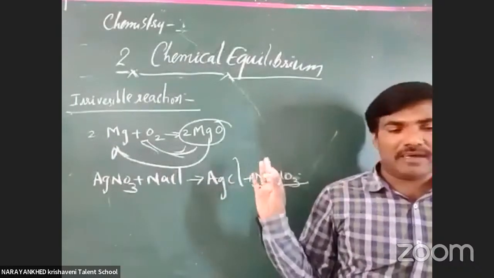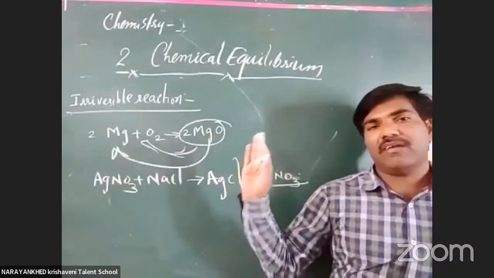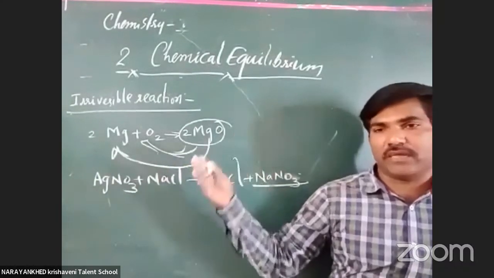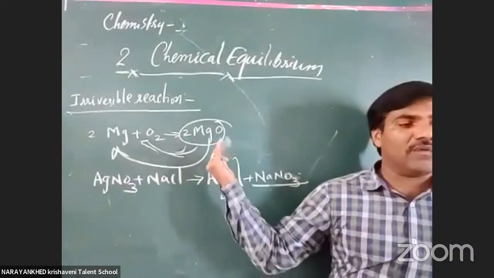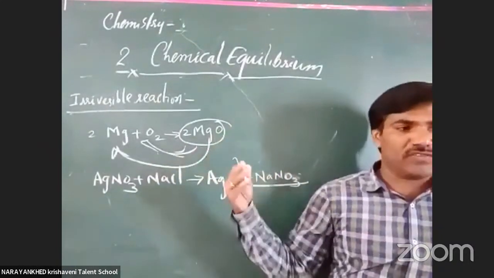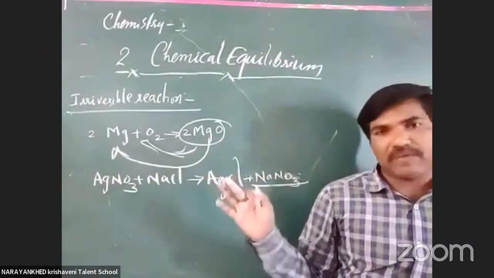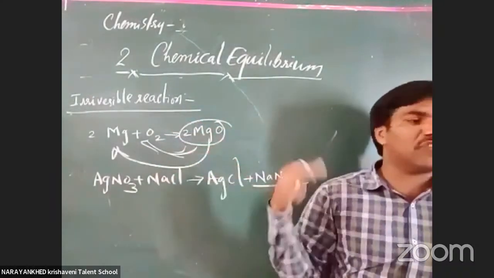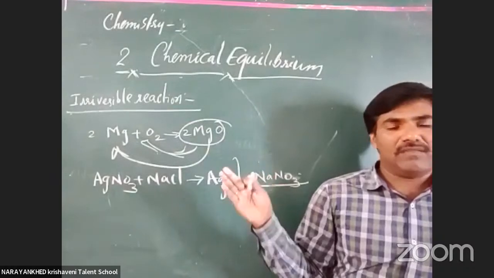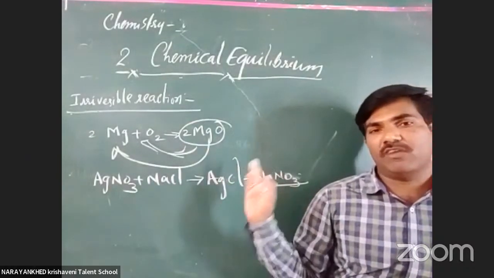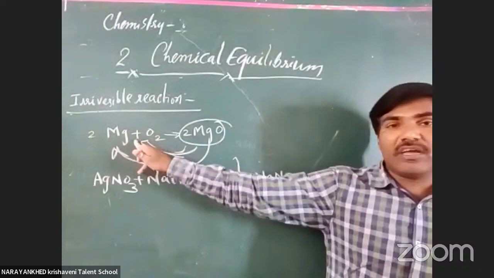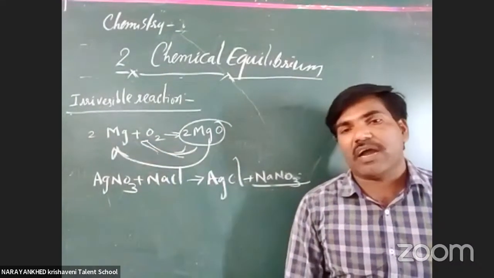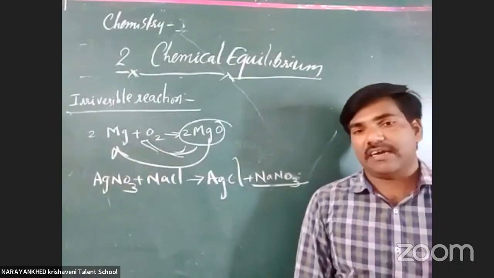What is the simple thing here? When you take two reactants, the two reactants react with one another. They form one product, or two products, or maybe three products, whatever the number of products formed. Again, we do not go with the reverse process. We do not get back what we originally used as reactants. That type of reaction is called a reversible reaction.